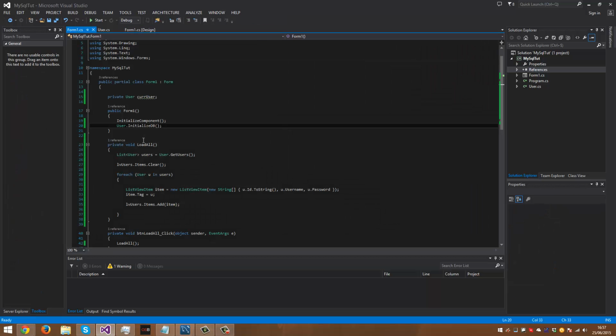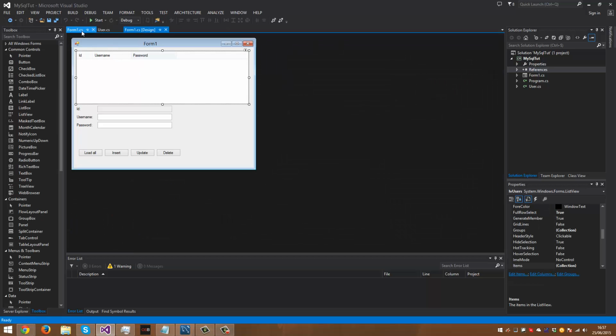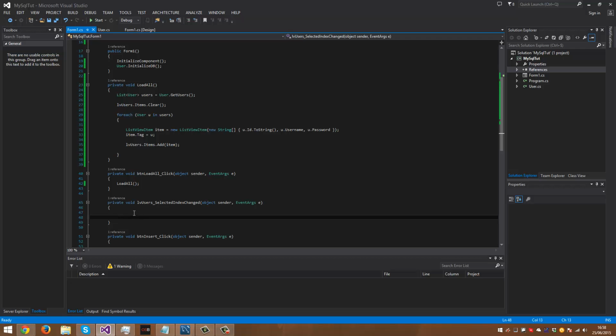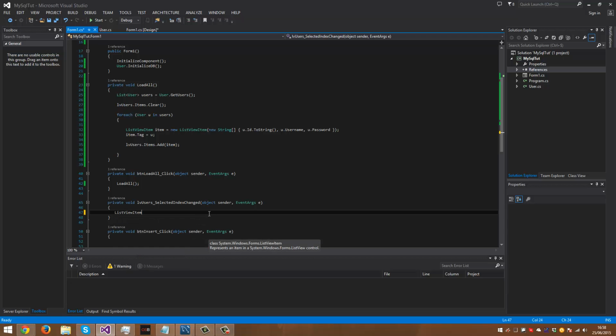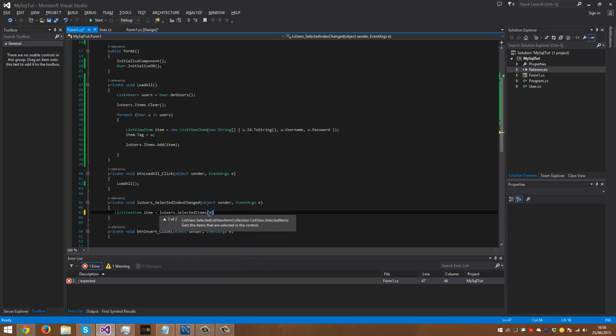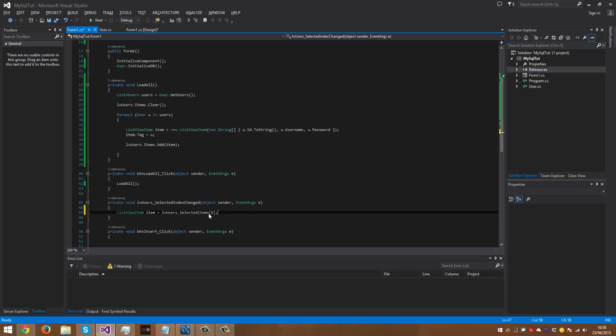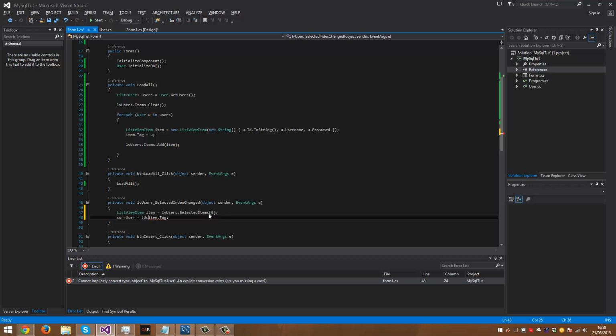So I'm going to do that really quick. It should also be here. Yes, this. Item equaling this user dot selected items. Going to put in the zeroth index like this. Current user equaling item dot tag. Pass it to user,